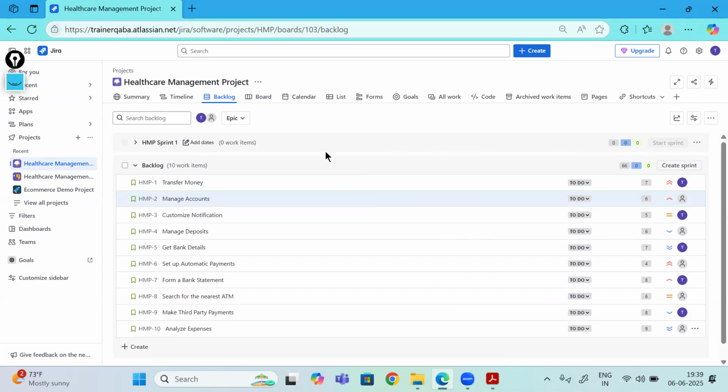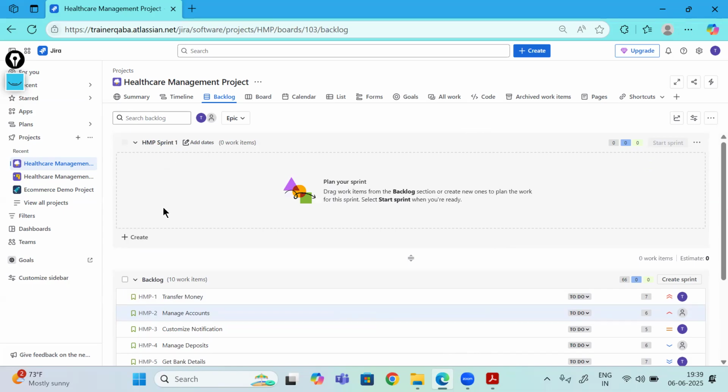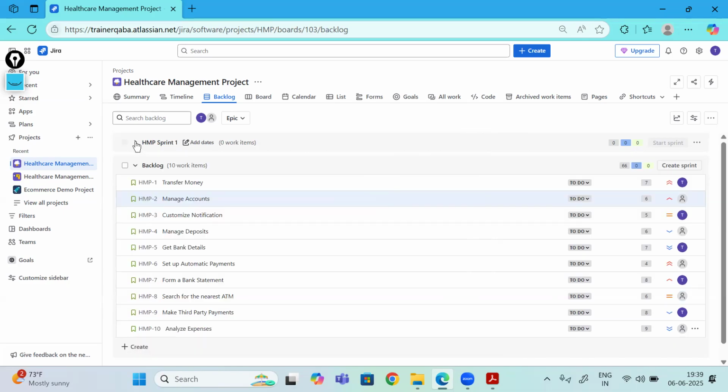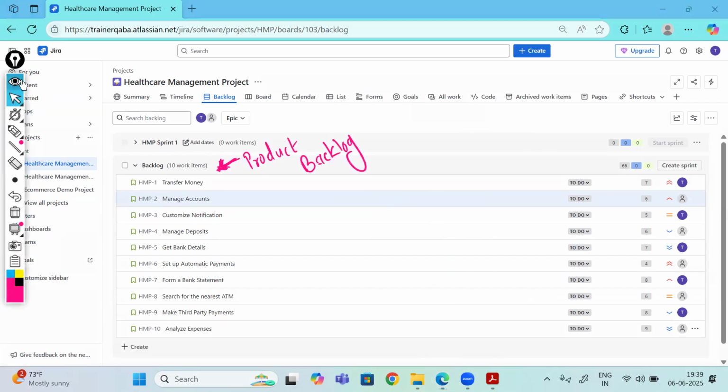Okay. But remember, we have to do all this under backlog, not under this. See, my sprint one is empty because we are creating product backlog. So product backlog is going to have all of these,